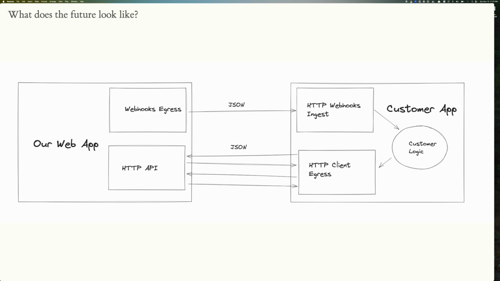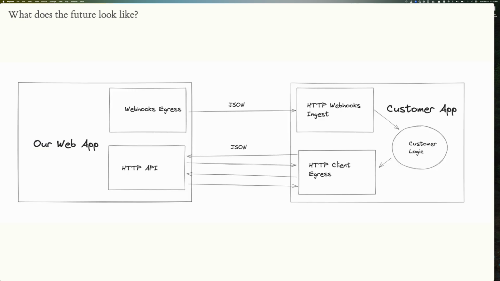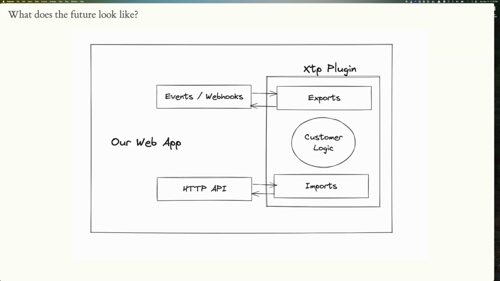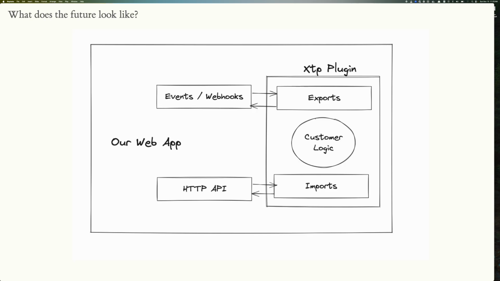Earlier on, I talked a little bit about APIs and webhooks being a kind of deconstructed plugin. The easiest way to do this is to basically just bring it back in, right? I'm going to bring that customer logic back into my application. I already have the interfaces and the code defined, except the only difference is that I'm reaching out over a network. But what if I could just bring it in? I have the same interfaces, but it's just a function call. It's just right there. So that's what we're going to do.